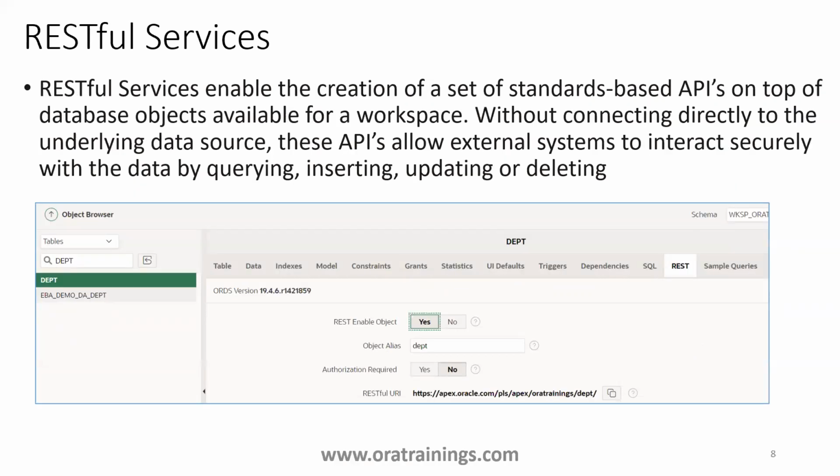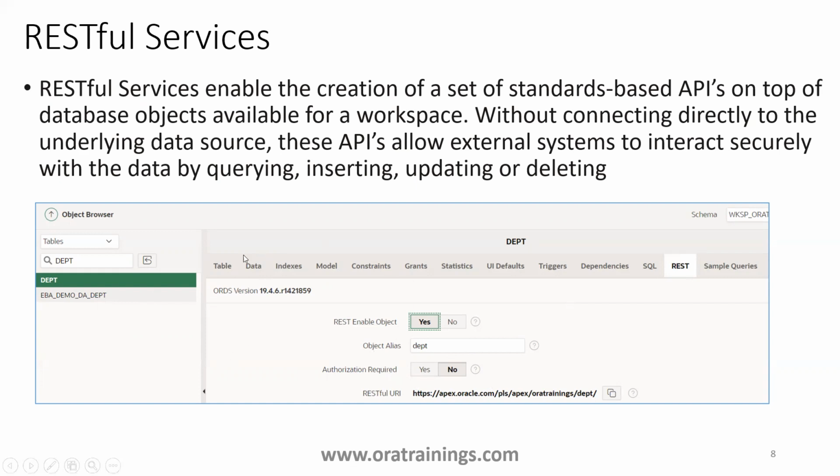Next one is RESTful services. Using RESTful services, we can enable REST functionality on a database object. That is, you can generate a REST API for your database object, using which we can extract the data. It is only for the purpose of extraction. In this particular window, whatever you select here generates a RESTful URI, and it allows only GET functionality. Okay, but we have another place where you can specify all DML operations also. We'll see that in the next slide.